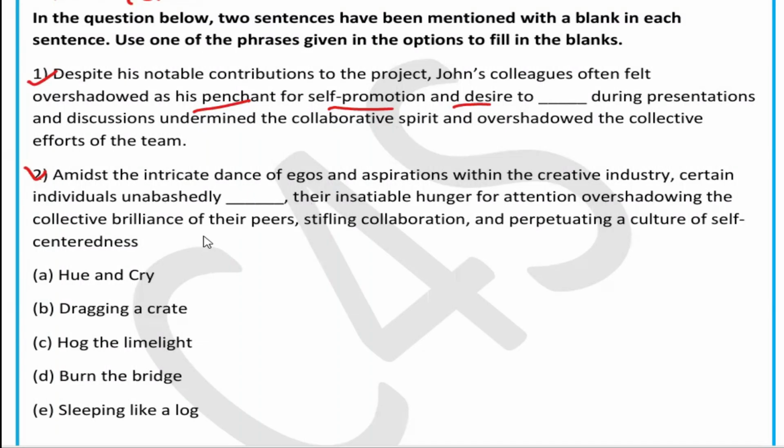Now let's see. Before moving on to the next sentence, let's see what the options given for the phrases are. Now, hue and cry. What is the meaning of hue and cry? Hue and cry actually means a loud public outcry, a loud cry or a protest you give out in public. So that is the meaning